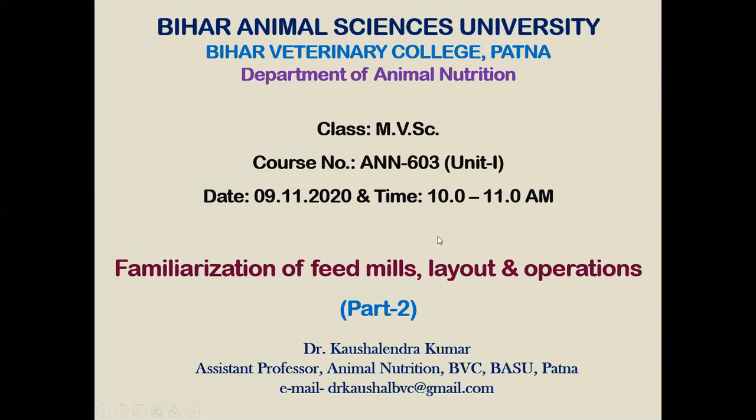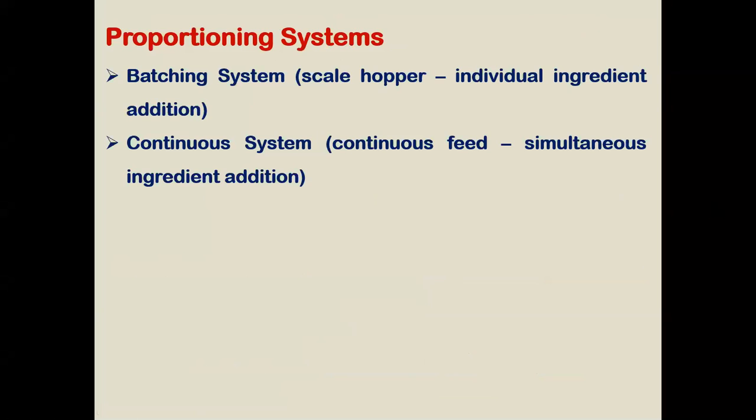So, in continuation of the previous class, today I will discuss the remaining part of the familiarization of feed mills: layout, designing, and operation of a feed mill. This is about the proportioning system, how we can proportion the different ingredients under different systems, like the batching system and the continuous system. In the batching system, individual ingredients